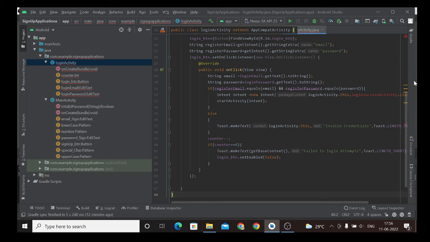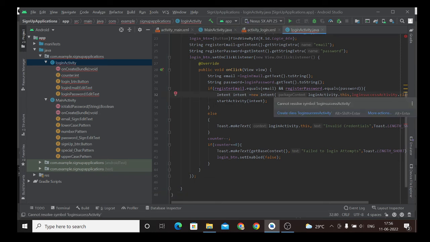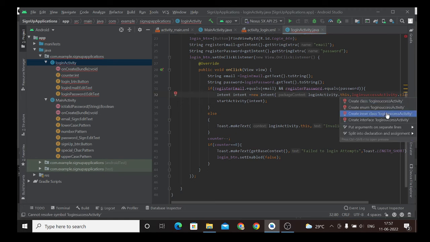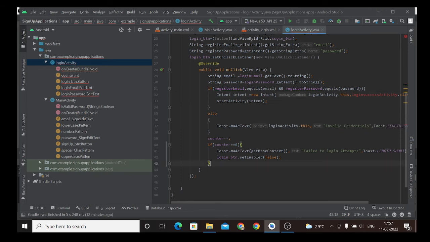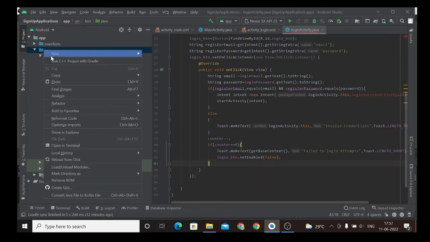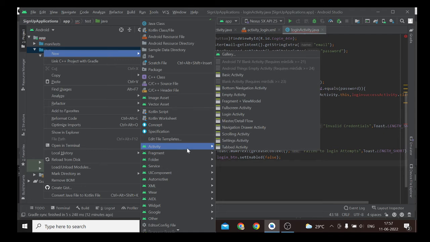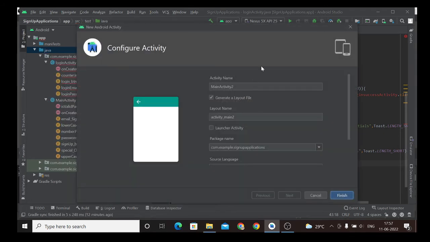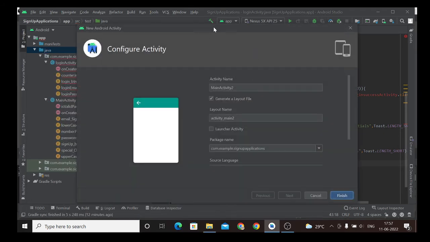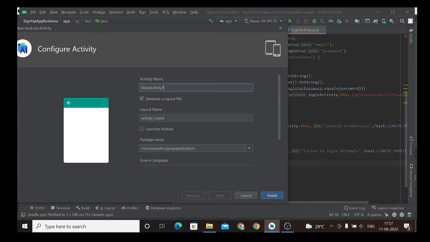Only one error will be showing, that is LoginSuccessActivity. Here only, if you give on cursor, so we'll go with the procedure. Java, right click, new activity, empty activity, and here we are going to give the same name what we have given here. So I'll remove this and I'll write it as